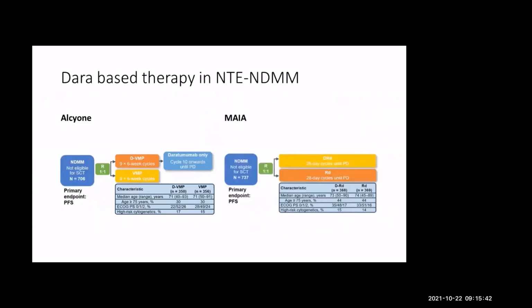Then we have 2 studies which looked at daratumumab addition to this drug, and first is VMP, which was mainly a European regimen where daratumumab was added in a randomized fashion. So Dara-VMP versus VMP, and the next was the MAIA trial, lenalidomide dexamethasone with or without daratumumab. So these are 2 randomized studies which looked at the utility of daratumumab in the non-transplant eligible patient population. Here the median age of the patients was more than 70. So these are truly non-transplant eligible studies, and I think these are the studies to look at when you have a